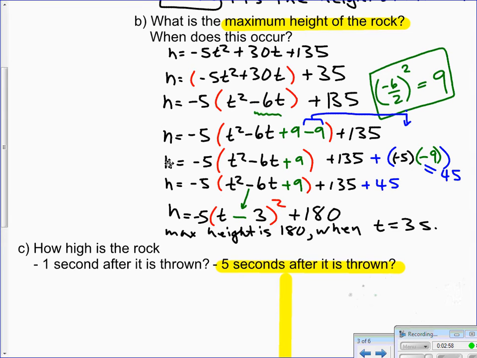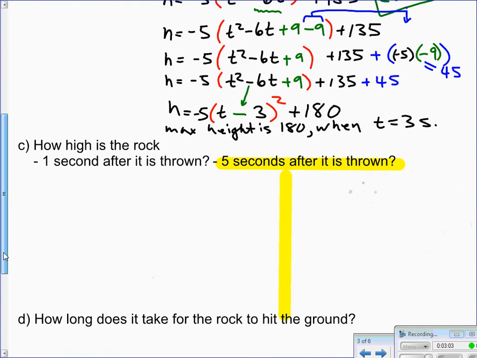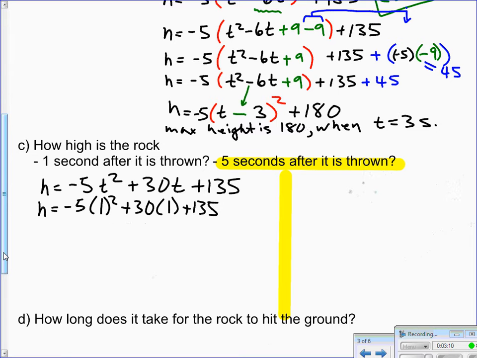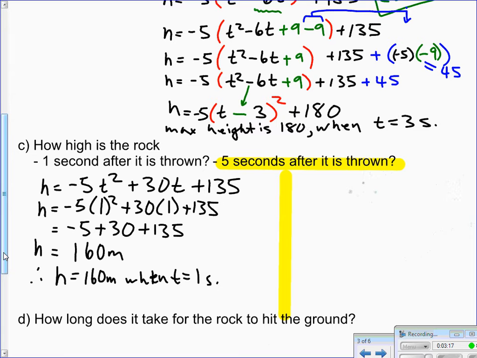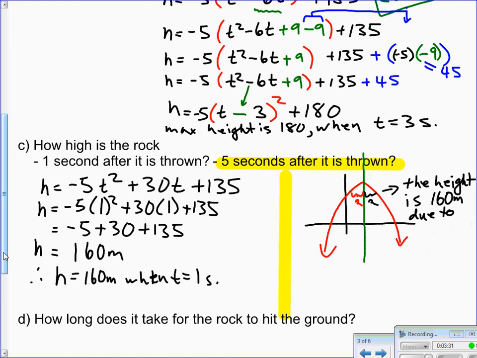So now, what we have left is calculating the height of the rock after 1 second. So normally what you do is you just plug t as 1 into our equation, and you end up with something like this. H is 160 when you simplify. So you'd say, hey, the height is 160 meters when t is 1 second. Now, you could do the same thing for 5 seconds as well. It's not necessary, but just use the symmetry of your parabola, and you'll notice that your height should be